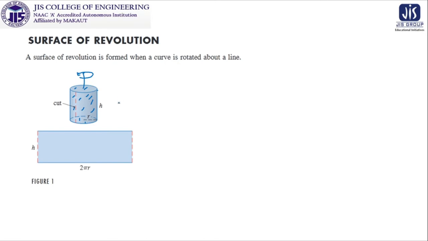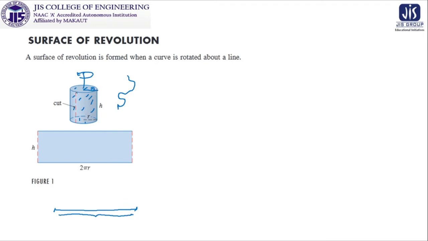Just like when we are trying to measure the length of a thread, if this is our thread, we fix it and then we stretch it, and then we can measure the length of this one by a scale. Similarly, when it is something like this, after cutting it, we can place it like this, and the height of this particular cylinder is h. We know that this is a circular area whose perimeter is 2 pi r.